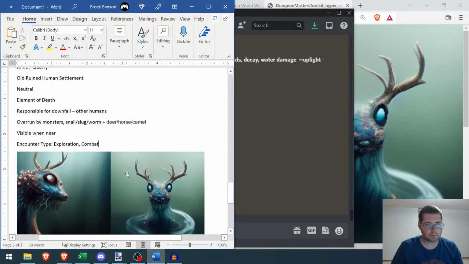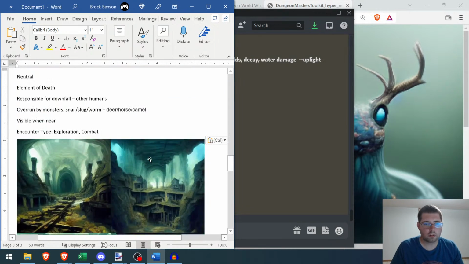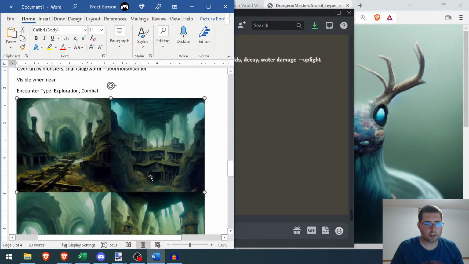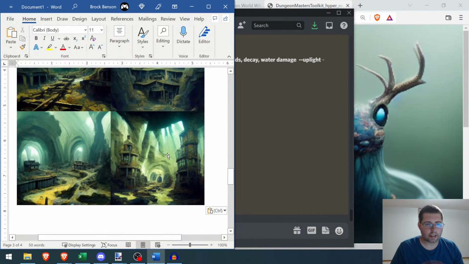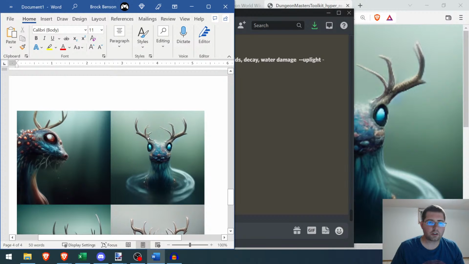Throw them up on a map. And here's our evil deer worm thing. There we go. So that is the encounter and some art to go along with the encounter. And my dog shaking his collar. And with that,